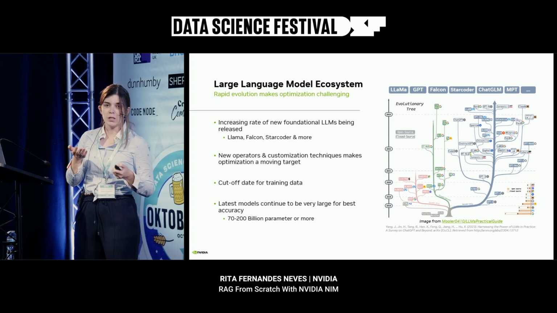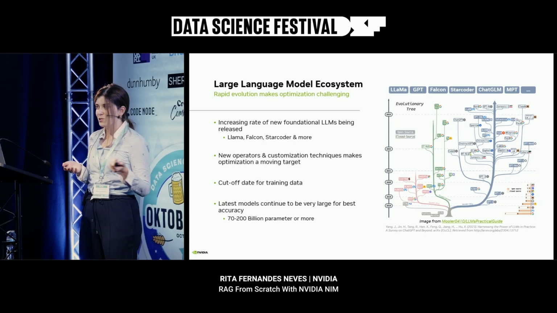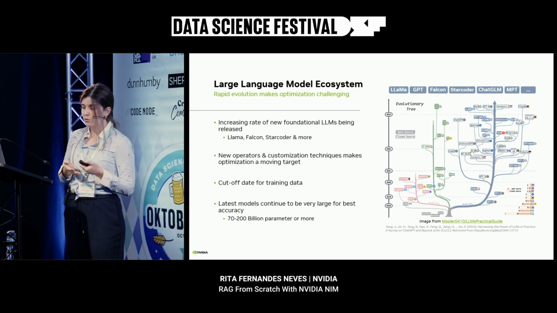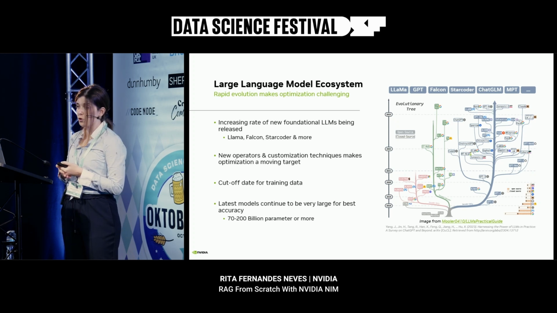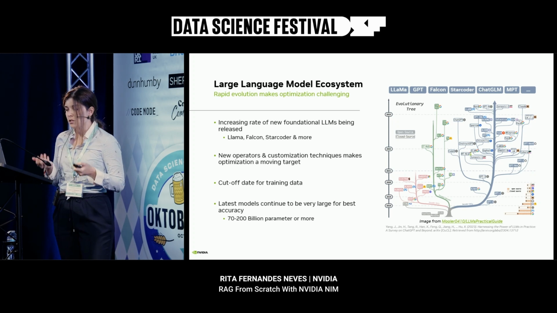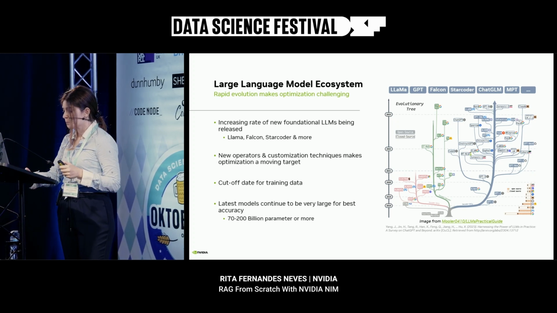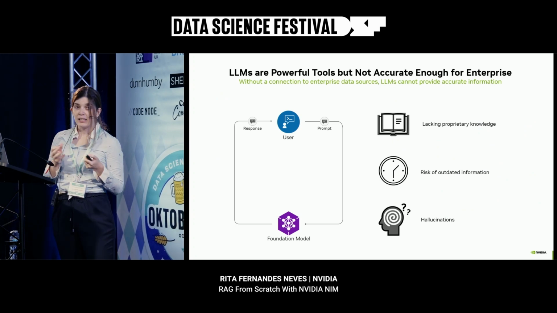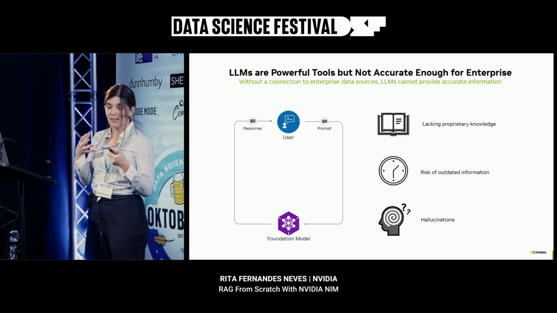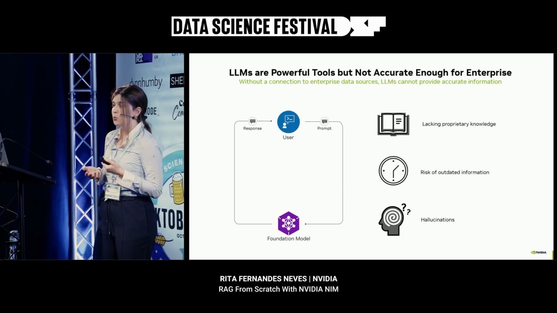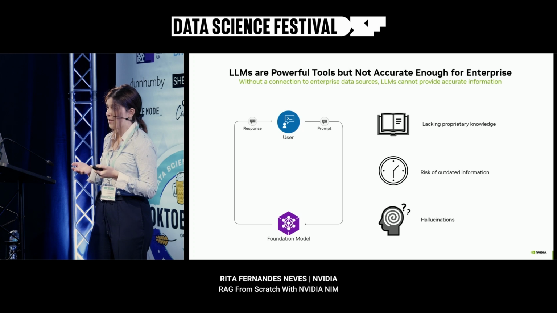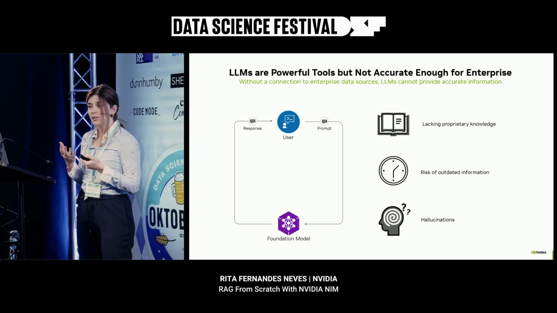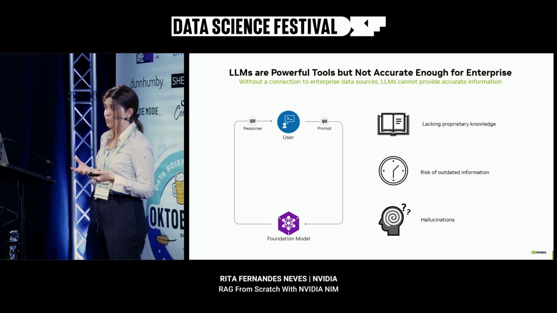It shouldn't just be the model that was trained last weekend. Those things include the optimization of the model, the cutoff date for the training data, and of course, the number of parameters of the model. But this is to say that LLMs, although they are great, and we keep having new LLMs every week, are very powerful, but there are some scenarios where they are just not enough by themselves.